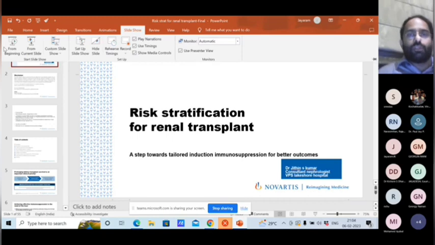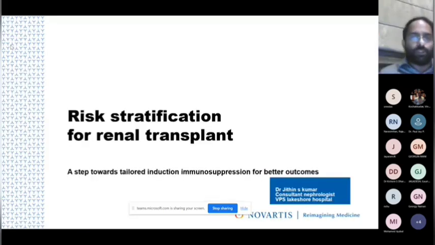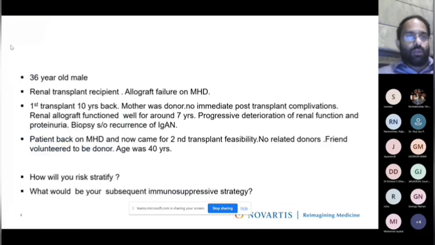Okay. So this helps to tailor immunosuppression as well as plan your pre and post transplant management of the patients accordingly. So just before beginning the topic, I'll just elaborate a case scenario, which I'll deal with at the end of